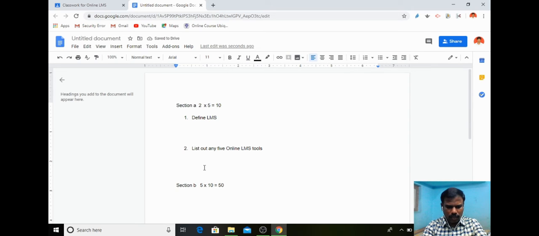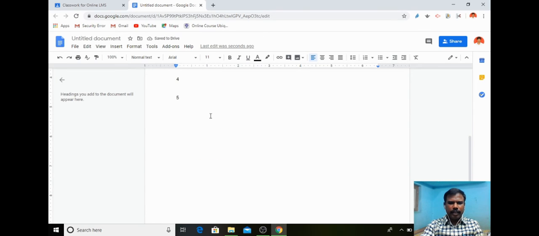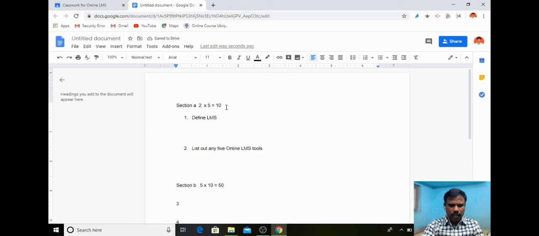So third question I can create, and fourth question I can create, and fifth question I can create. So like that I can create a descriptive question, and after that I can make the unit 1 test.